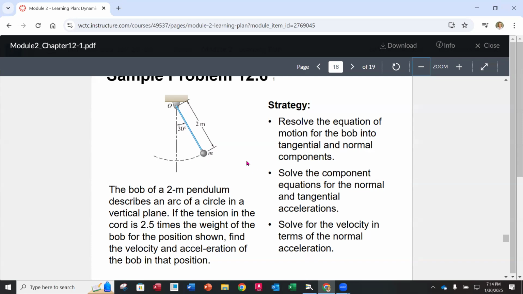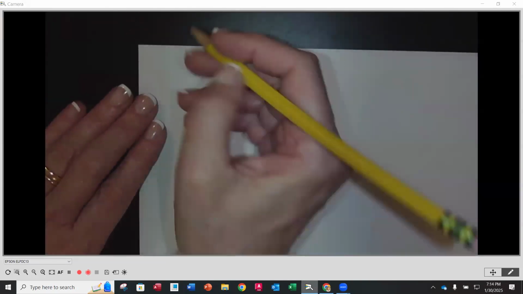Okay, so what we're going to do here is, as it says, resolve the equation for the motion. We're going to solve for the components of the normal and tangential accelerations, and then we're going to solve for the velocities and such. Now, let's go underneath and draw what we need to draw. So first of all, this is sample